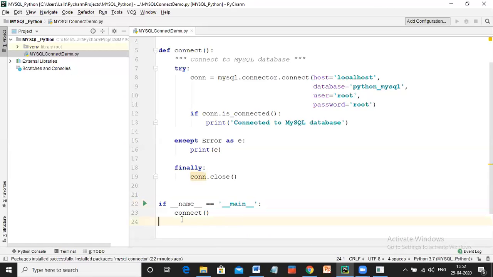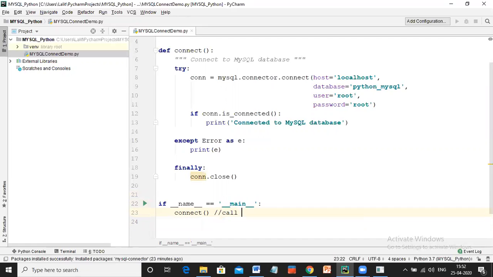It says that the Python interpreter will always look for this main method, and whatever is written inside it will start executing. For example, when I run this particular program, the interpreter will directly jump to this line, go inside, and call this function.